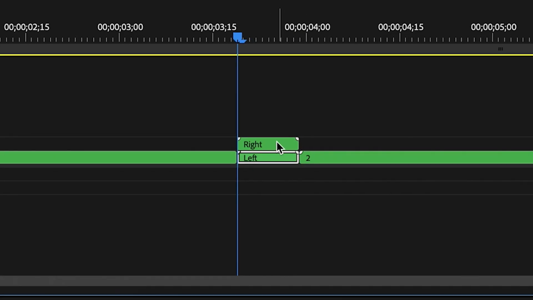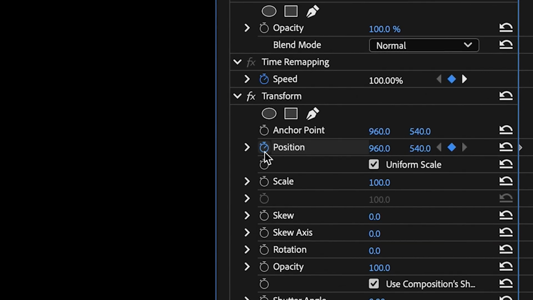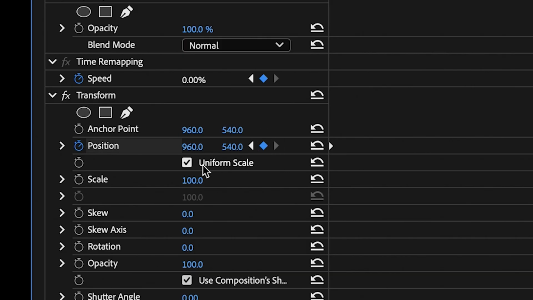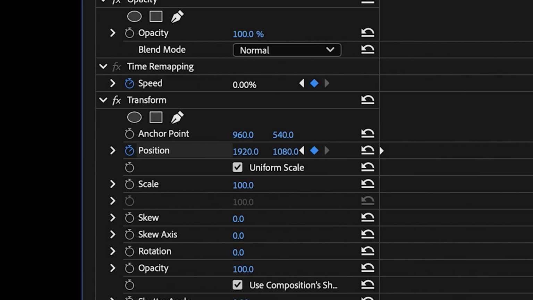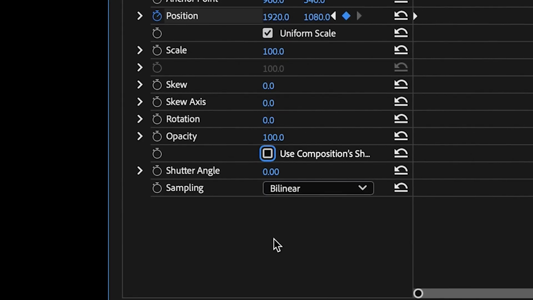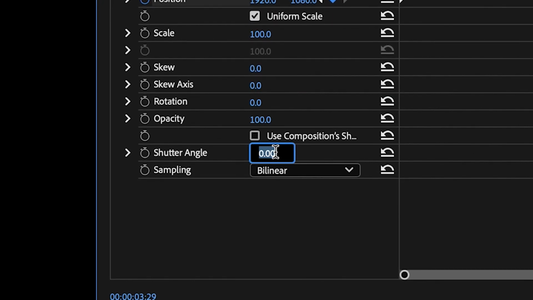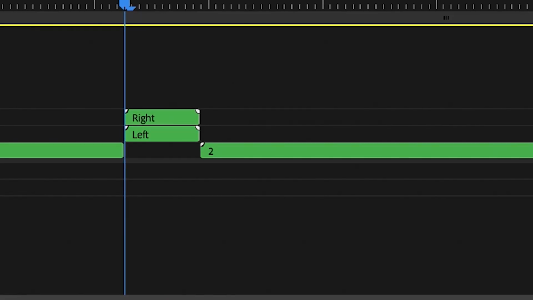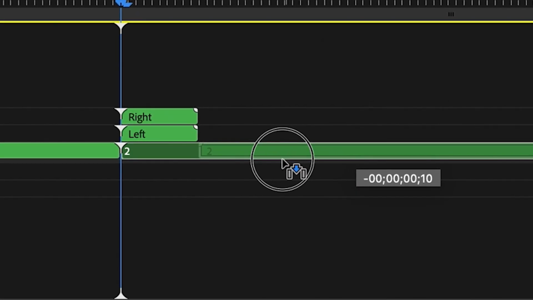beginning again, select the right layer, under transform, create a keyframe for position, create a second keyframe at the end of the right layer, double both position values, uncheck use composition's shutter angle, set the shutter angle value to 180, select both layers, move them up 1 track, drag clip 2 to the left to close the gap, and you're